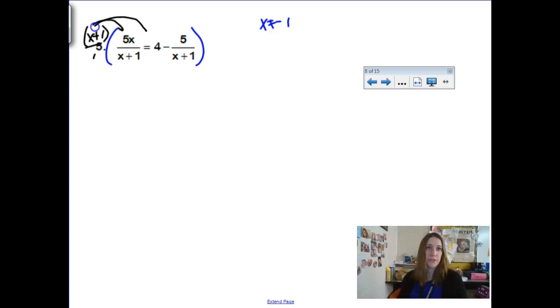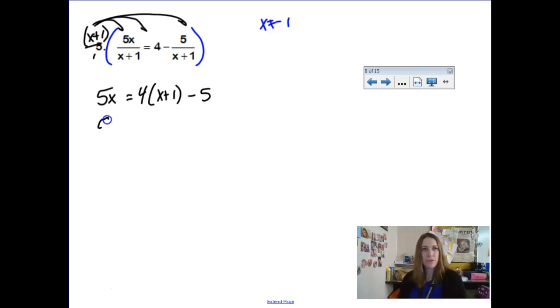So we're going to take a little shortcut here and do this one as quick as possible. I just want you to see what happens when the excluded value shows up as a solution. So first fraction, x plus 1's cancel, and you get 5x. Next fraction, nothing cancels, so it's 4 times x plus 1. We'll distribute in a moment, and then the x plus 1's cancel, so you get a minus 5. So, after a little distribution, and then collecting of our like terms, let's see, this becomes x equals, there we go,